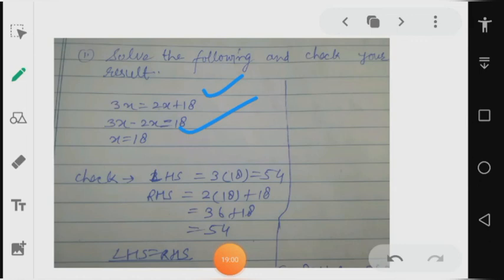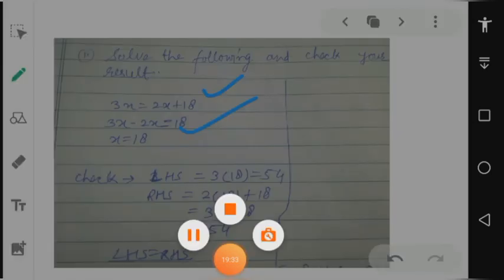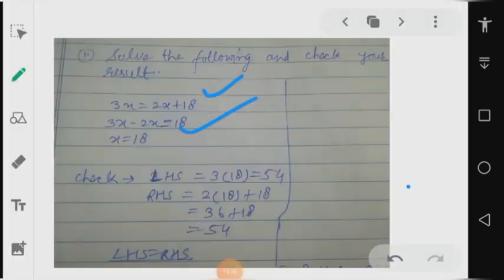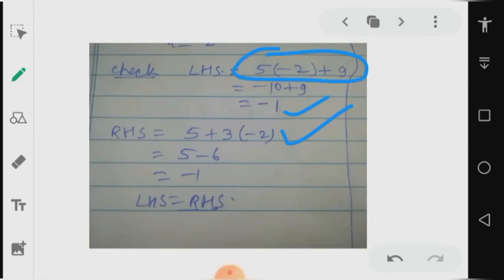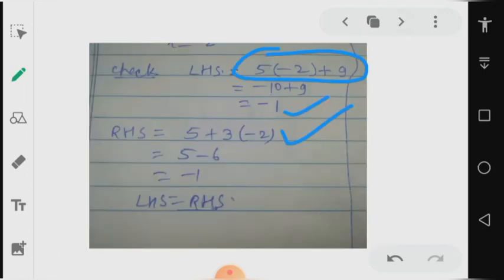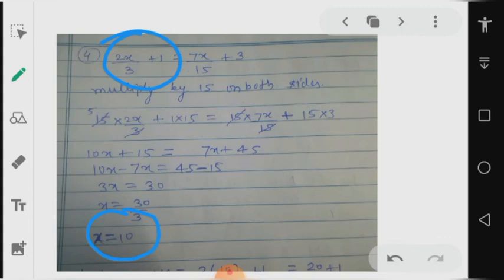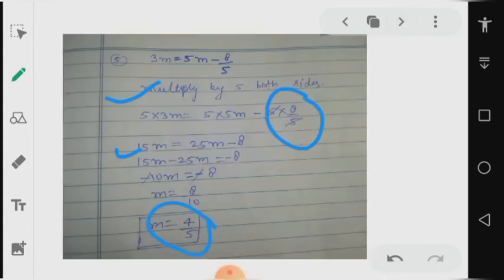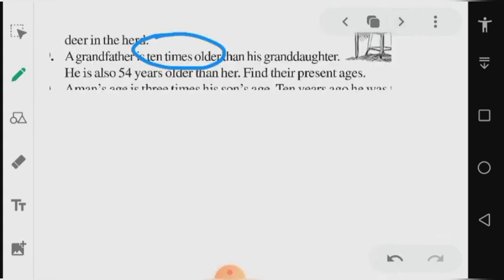So obviously all the terms of x should be on one side, and some mathematical operations are performed on these. Now after doing some subtraction, addition or other operations, we find that x equals 18, and after finding the value we can also cross check. So remember to cross check your answer to make sure it is correct. And one more important example is there.